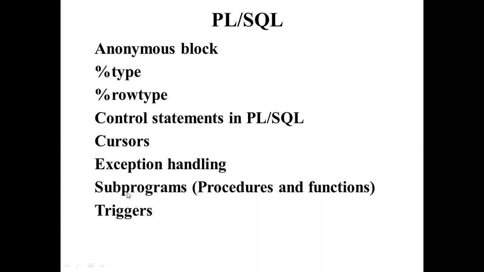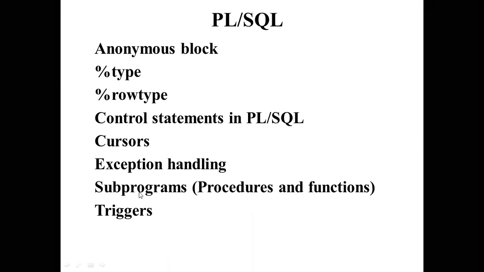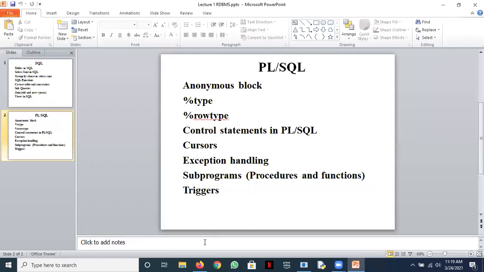So here we have the subprograms, procedures and functions. These are the named blocks. What is good with these subprograms is that they stay in your account, whereas your anonymous blocks stay on the local computer as a file. Subprograms are always better than anonymous blocks, but we can first learn programming in anonymous blocks and then write good scripts using subprograms. So let's discuss this anonymous block, what it looks like.